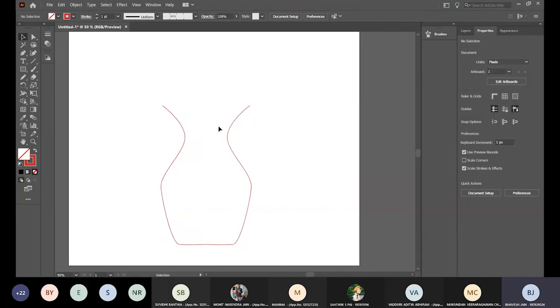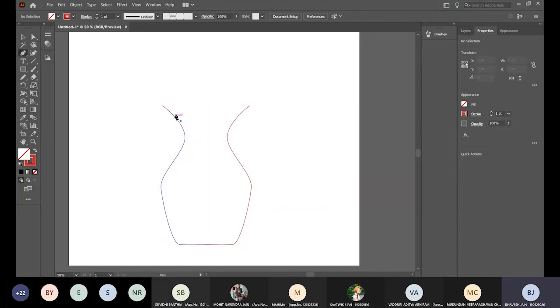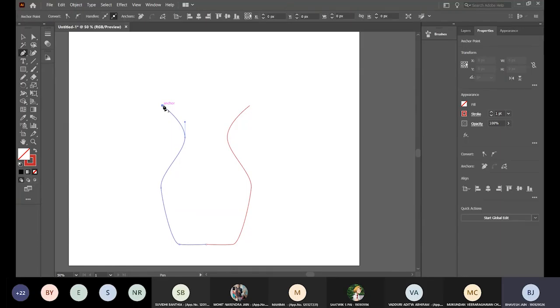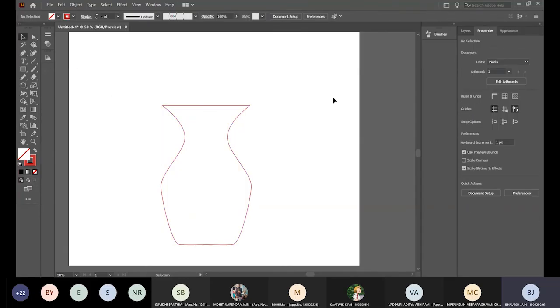Now we've got this, and now I can very simply, you see now there's the asterisk there and now here's a slash. So the slash means you're going to extend an existing path, and I draw all the way here. Voila, your vase is ready.